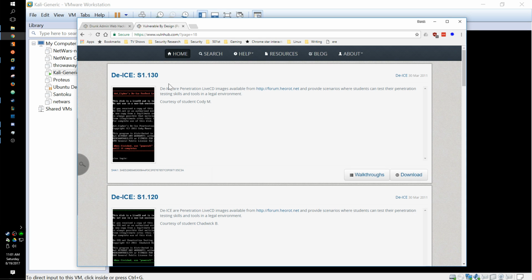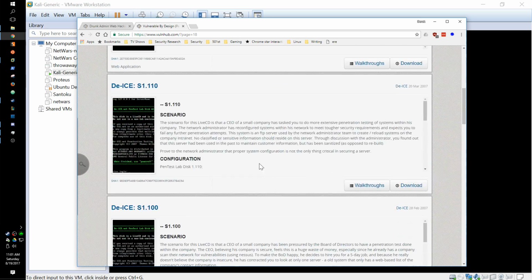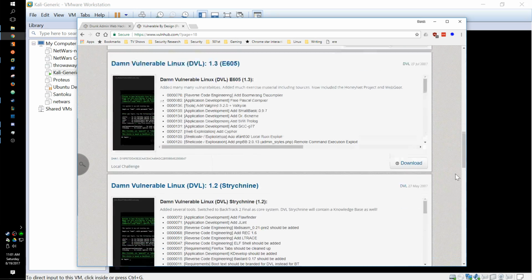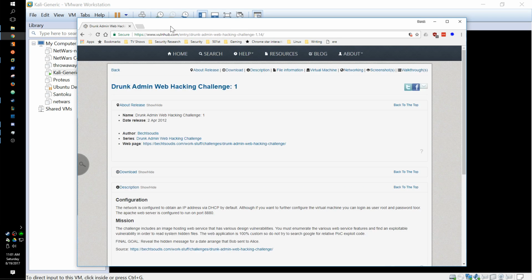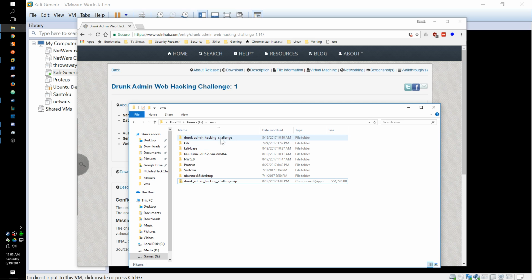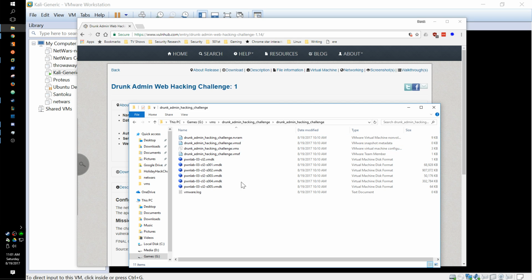These de-ice things, I could have downloaded like 15 of these and loaded them all up ISO at a time. But that sounded boring, so I just skipped to the next actual challenge. It looks like a multi-part challenge, which is kind of what we're here for, and I went ahead and downloaded it. Unlike last time, it came in an actual VM format, so we're going to go ahead and